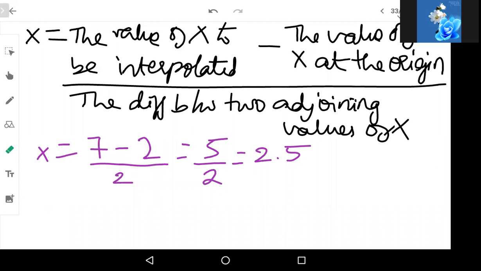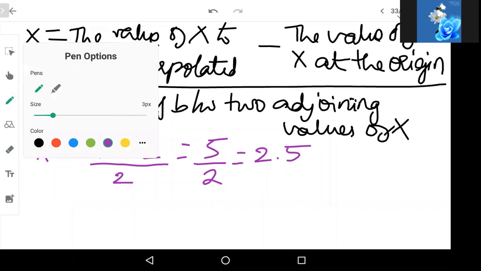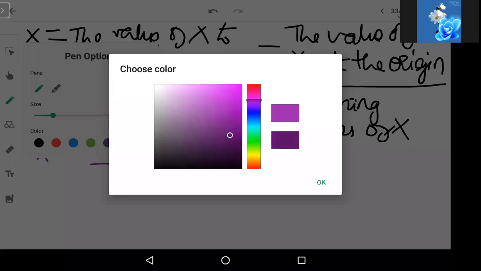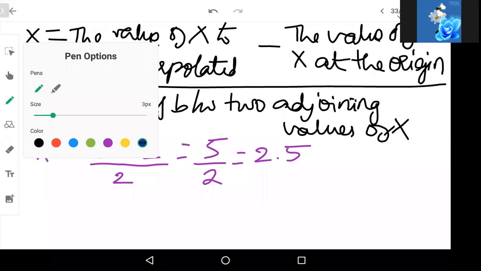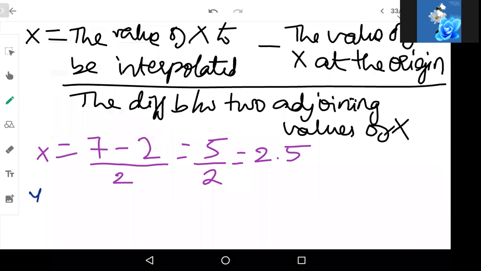Okay, shall we go to the final calculation? Now the next major calculation that we are supposed to do is the interpolation calculation. Now let us write down the formula. Yx is equal to